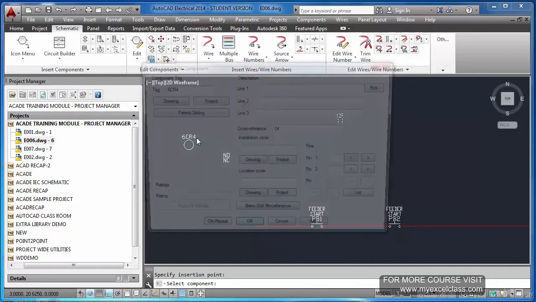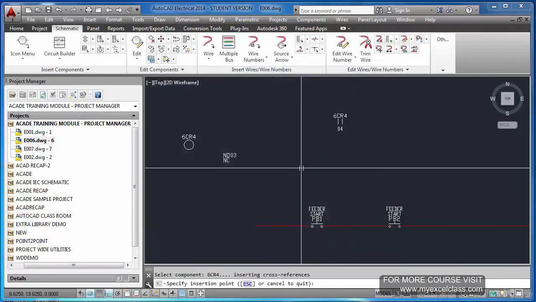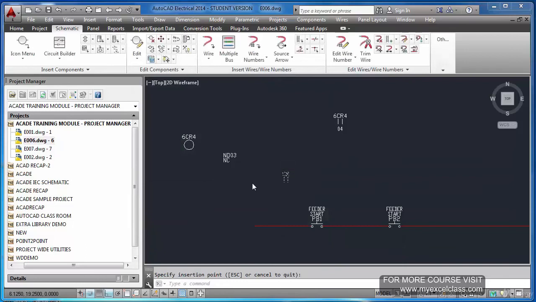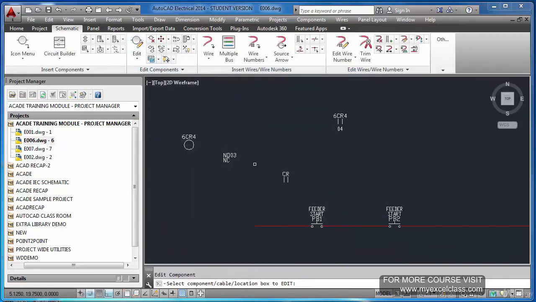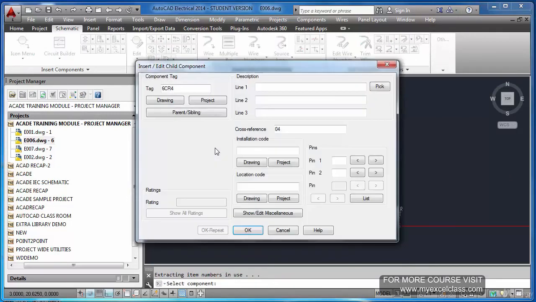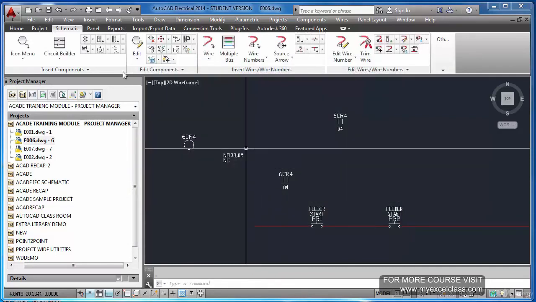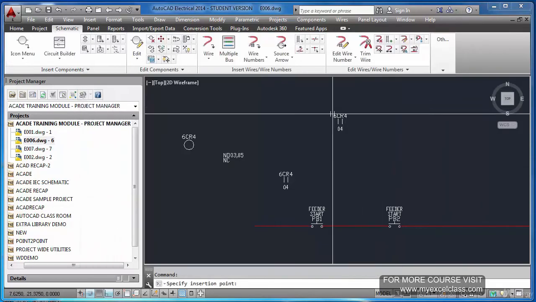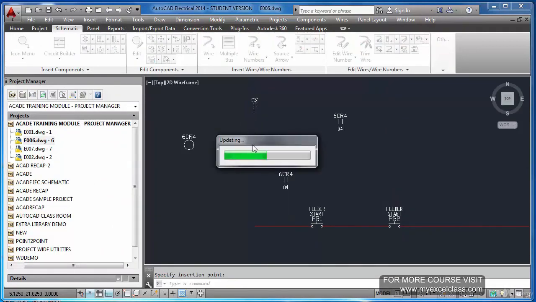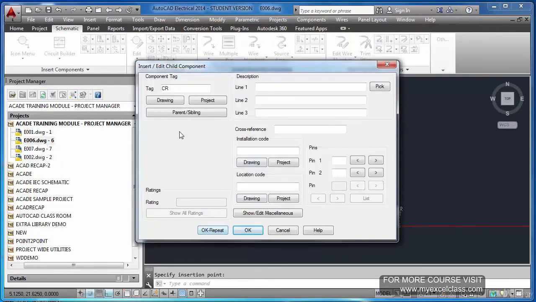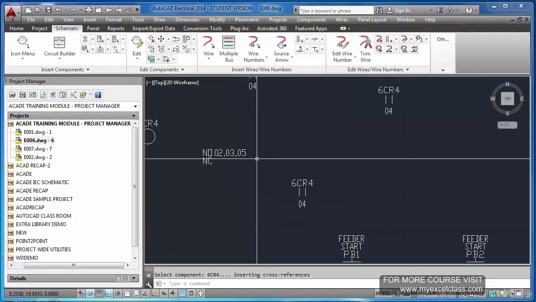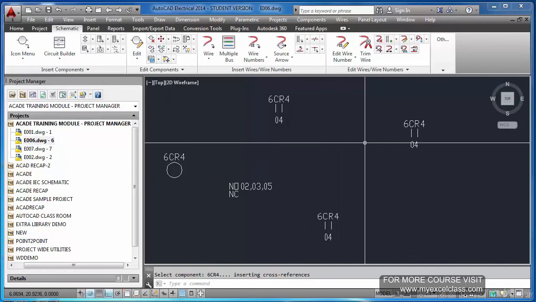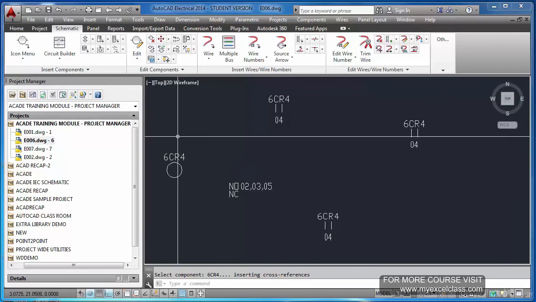I am selecting this, okay, repeat. I am using another one here, okay, repeat. Now, in fact I have to select the same tag parent, this should be same, and I will put one more here, parent is this. Now you see I have used 3 NO contacts of this particular relay.